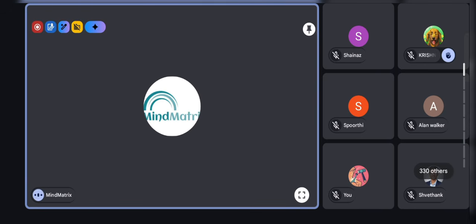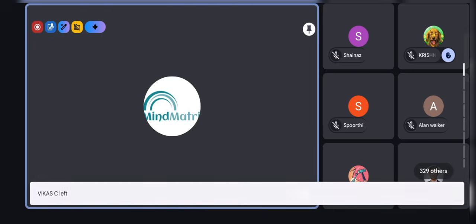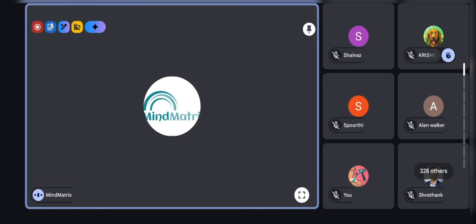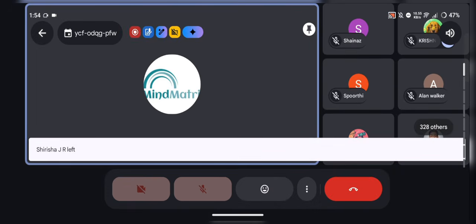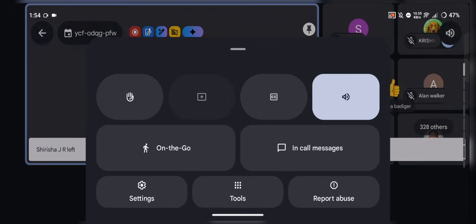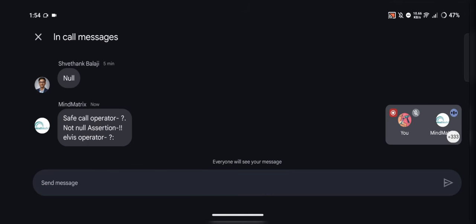So you can check that one. I'm sending the symbols of those operators. You can see the safe call operator, not null assertion, Elvis operator, right? So I will just explain what function these operators are doing.